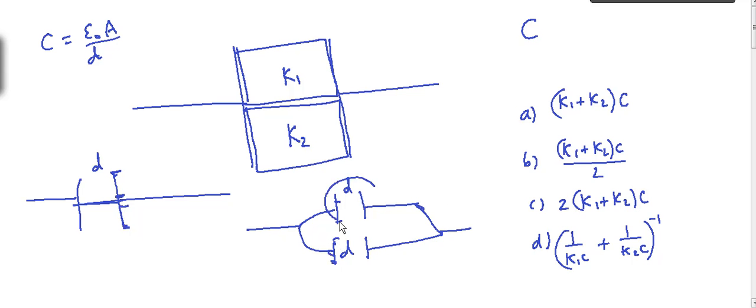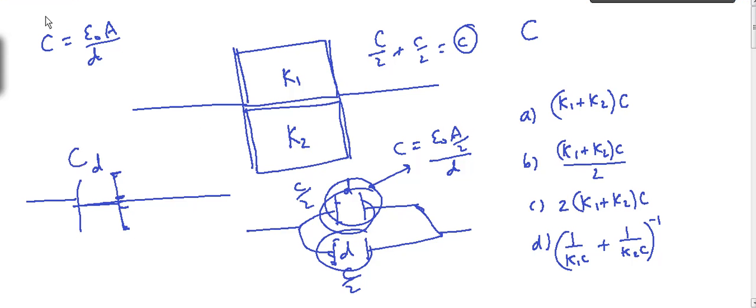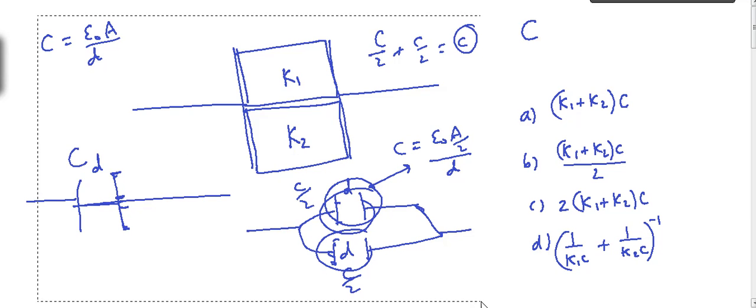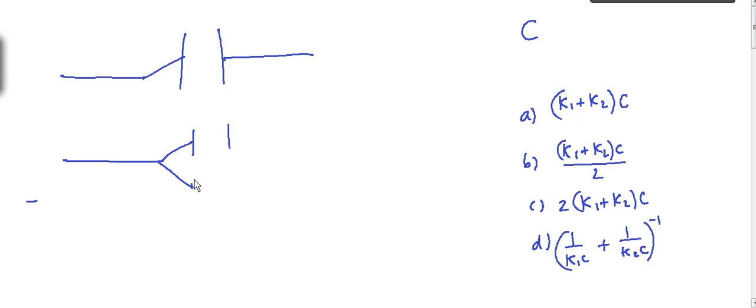So you can consider a capacitor very well as if it is 2 capacitors in parallel, but with half plate area. Because they are in parallel, capacitance is C equal to C1 plus C2. So it is C again, right? Now here, suppose you put a dielectric of K1, and here you put a dielectric of K2. So this will become K1 C by 2, and this will become K2 C by 2. So new C will be K1 C by 2 plus K2 C by 2. So you have K1 plus K2